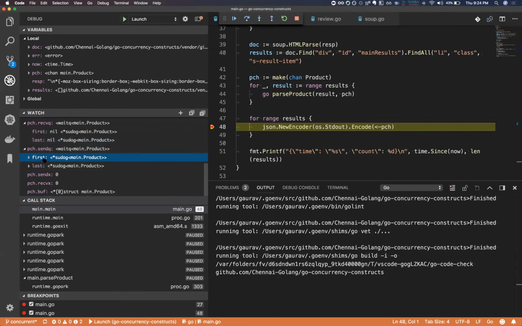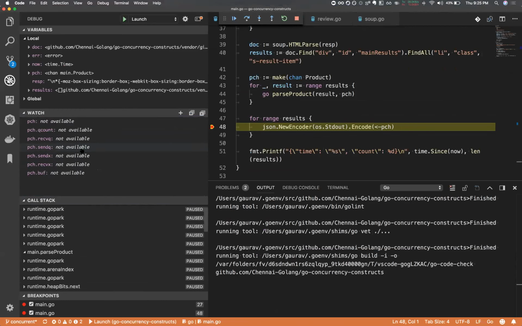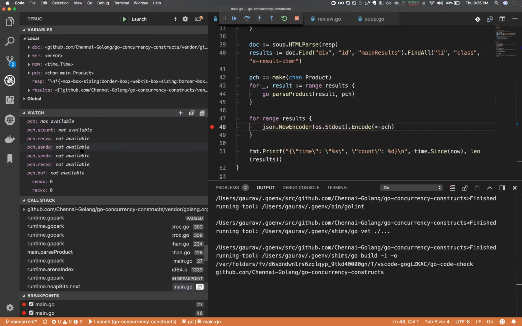And when the next receive happens, instead of storing the new goroutine position inside the receive queue, it directly copies the value from the send queue, from the sending goroutine's memory location into the reading goroutine's memory location. So that way you don't really need the buffer in an unbuffered channel.